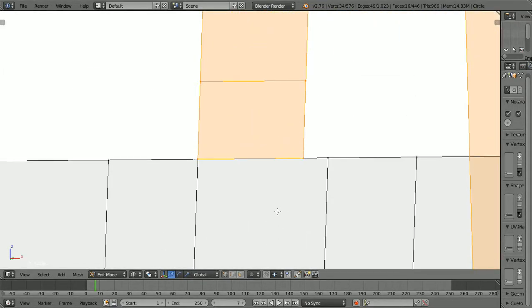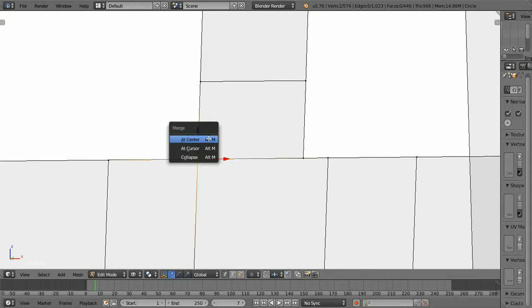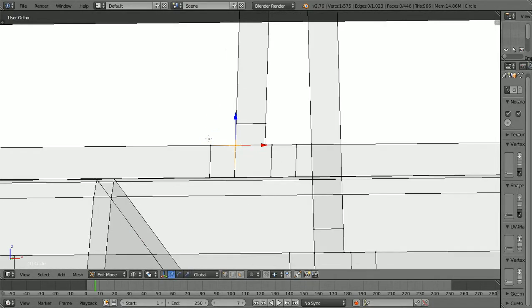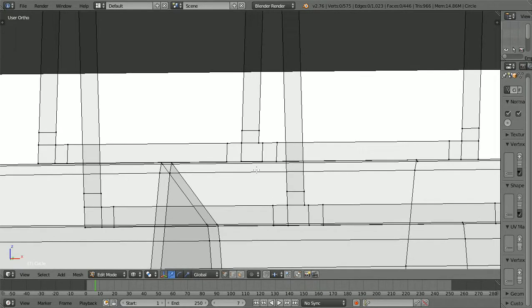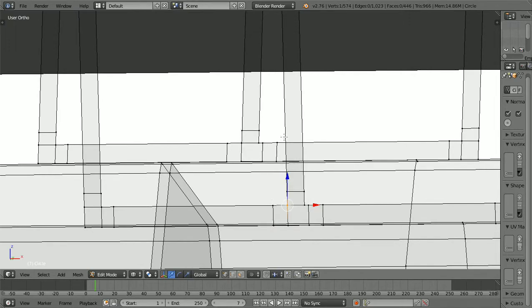Okay. Select A. W. Merge at center. A, come up. And W, merge at center. Okay, select. Okay, come back to here. Alright, now what we want to do now is we want to